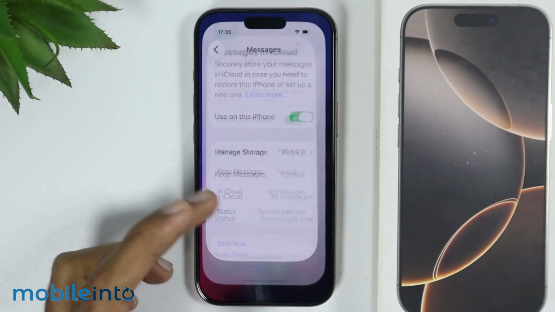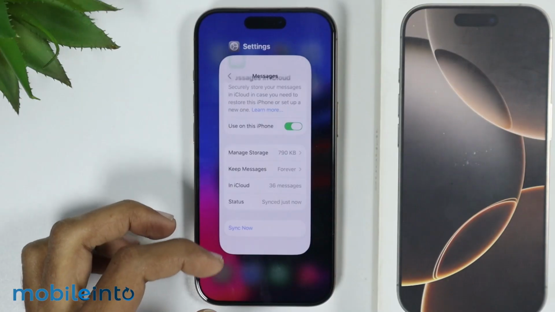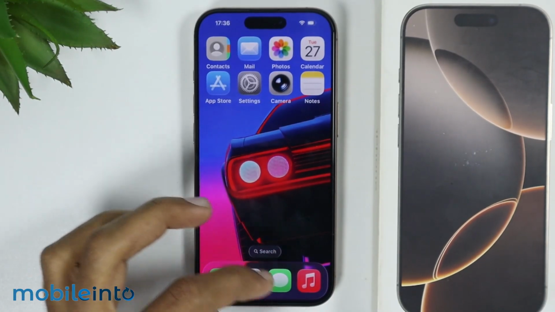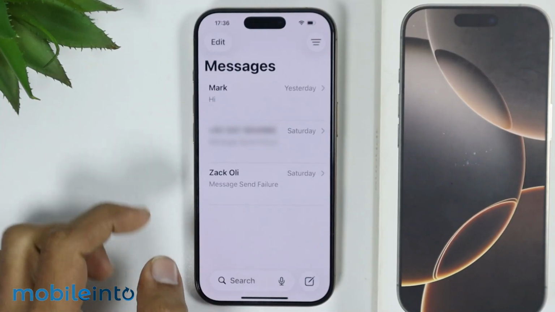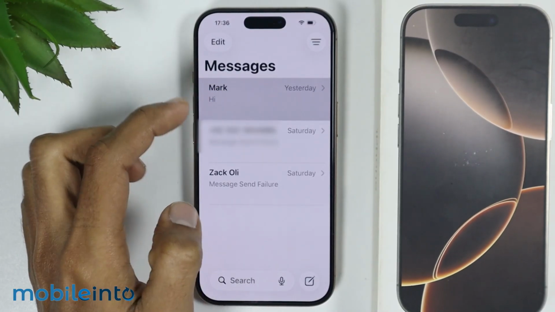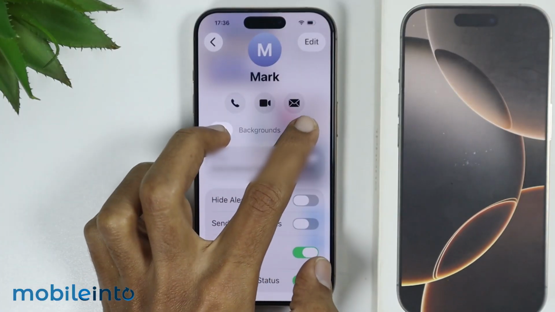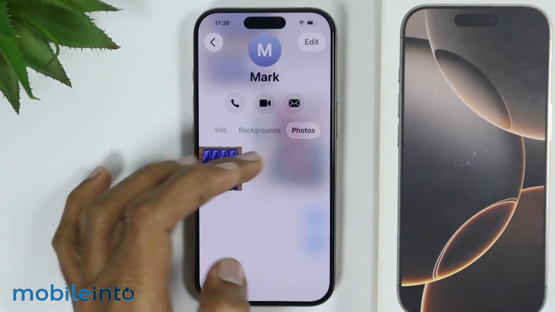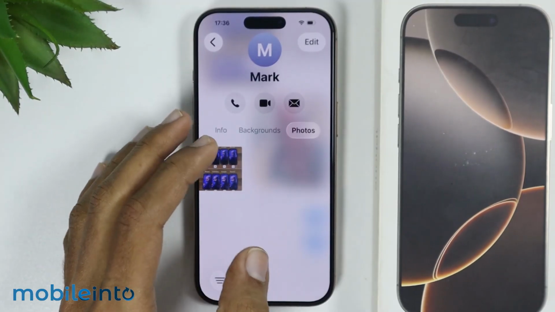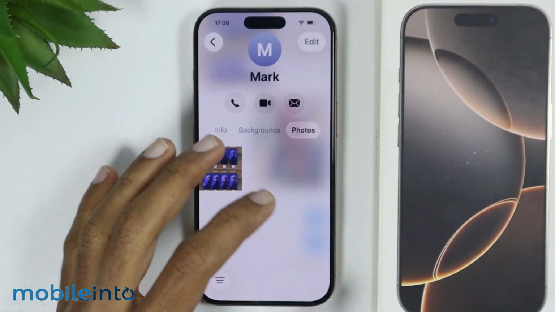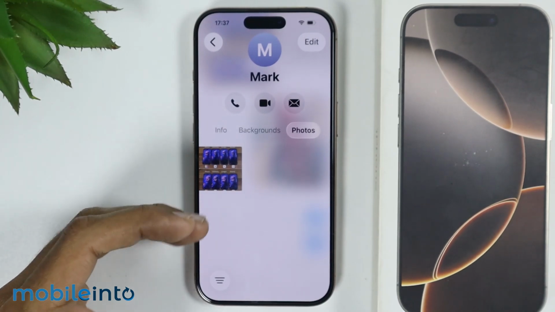After this process is completed, go to your home screen and open the Recent Apps section. If the Messages app is opened in the Recent Apps section, just remove it. Then open the Messages app, then open the contact in which you are missing some photos. Then tap on the profile icon and look for the Photos section. If you find the Photos section, you will be able to see all your missing photos in this area. But if you still cannot find all your missing photos, just wait for 1 day and they will start automatically